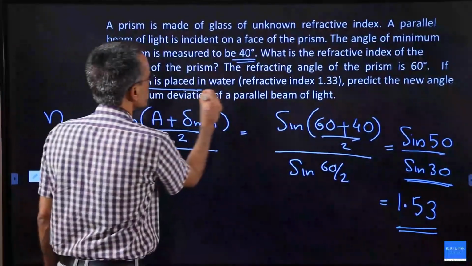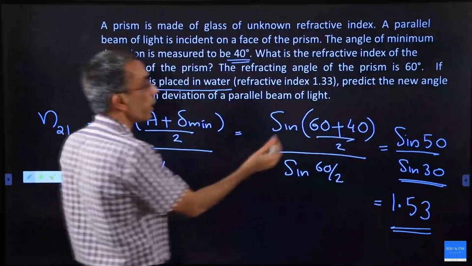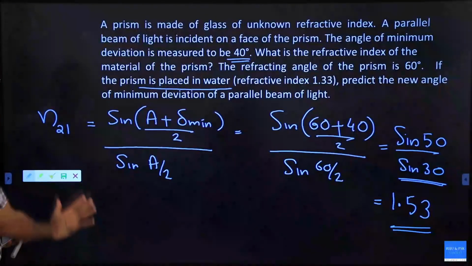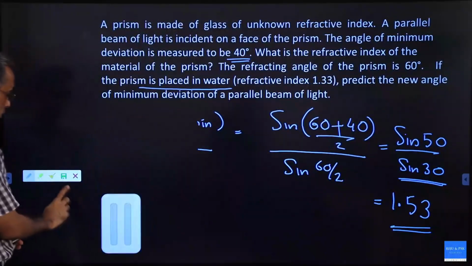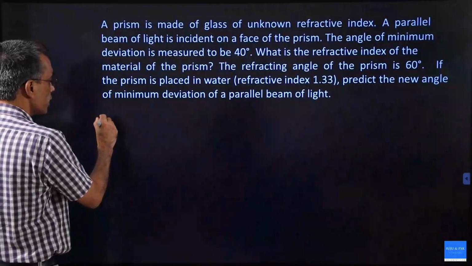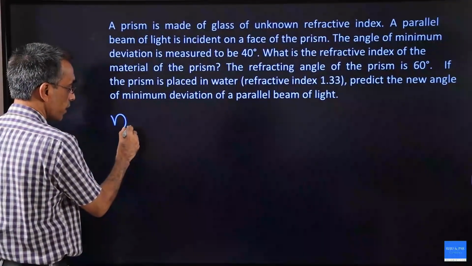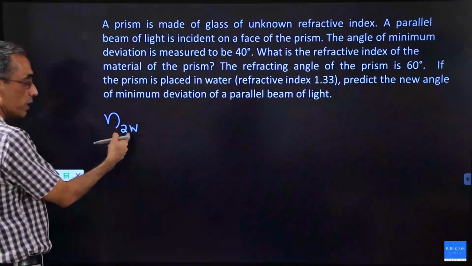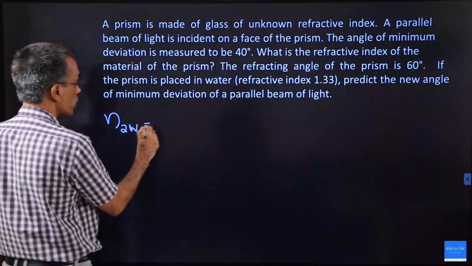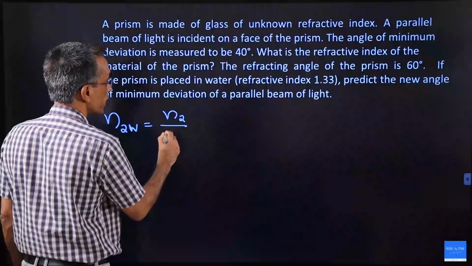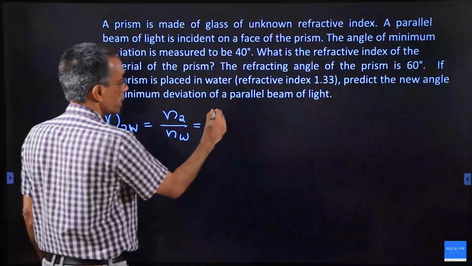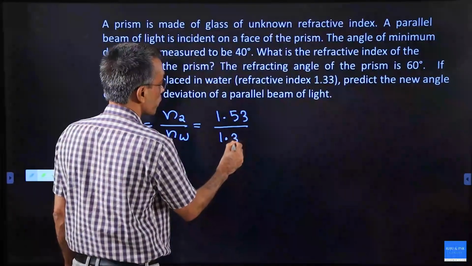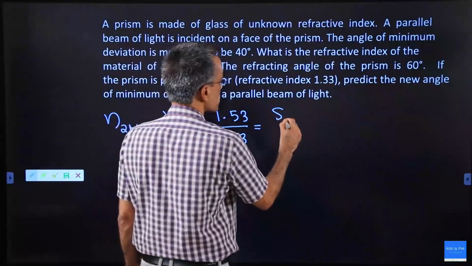Second part, this prism is placed in water. What will be the new angle of deviation? In the second part, we are asked to find delta minimum. Okay, let us try that one. In the second case, refractive index of the material with respect to water, because earlier it was air, I took as 1, now this is with respect to water, and we know this is nothing but n2 divided by n water. This is given by, we calculated n2 was 1.53 by water's 1.33